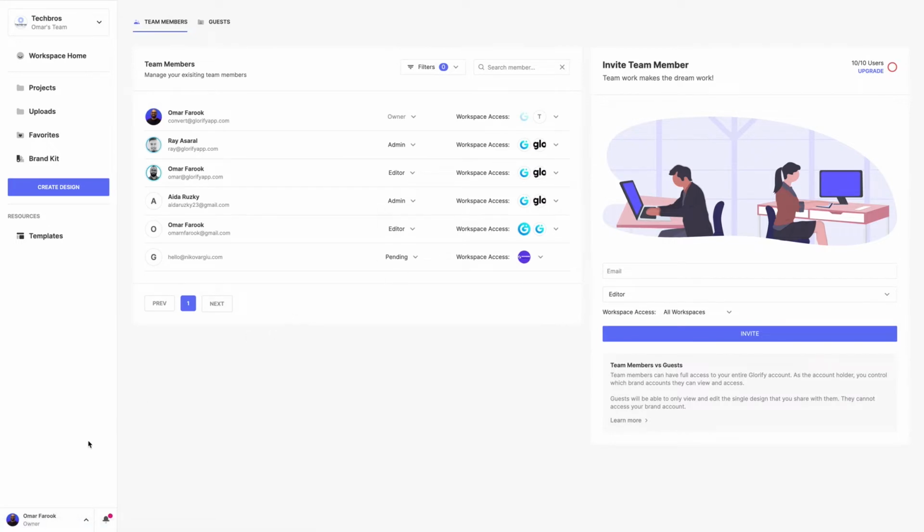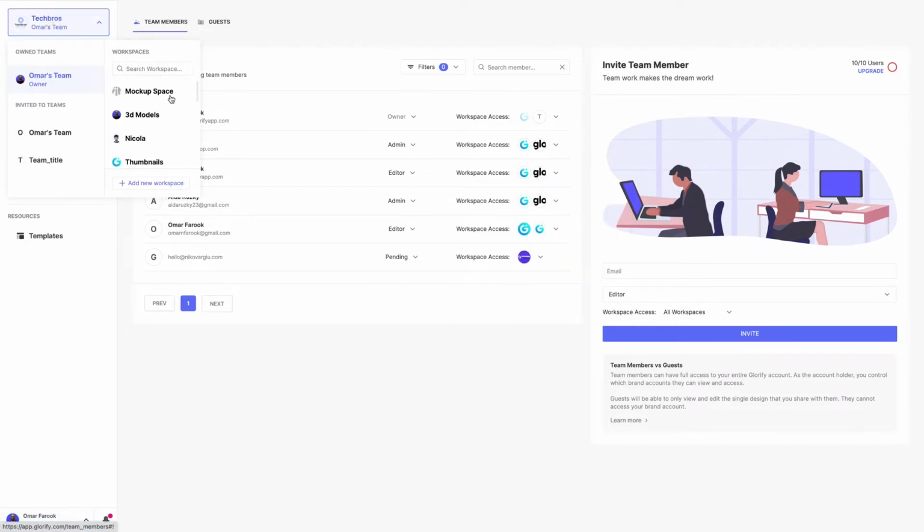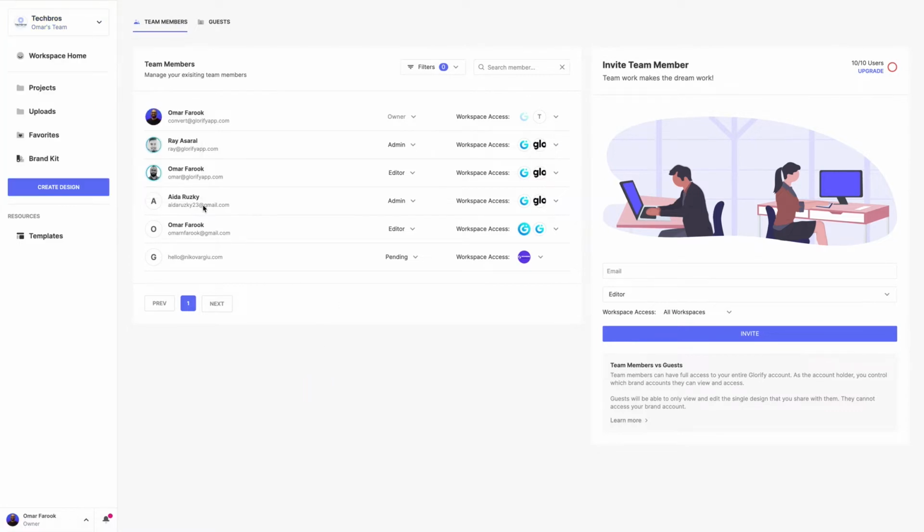Another way to come here is go through your avatar menu and choose team members. Do note that your team members are actually shared across all your workspaces. In fact, you can control access to all the workspaces that you own. This is a great way to manage your team members and not have to pay per team member per workspace. We don't charge you extra if that same team member is within another one of your own workspaces, unlike other platforms. So your team members are a central area where you control them and give global access across all the